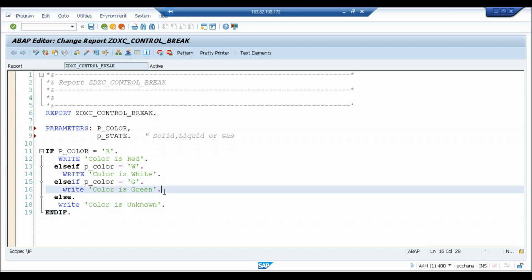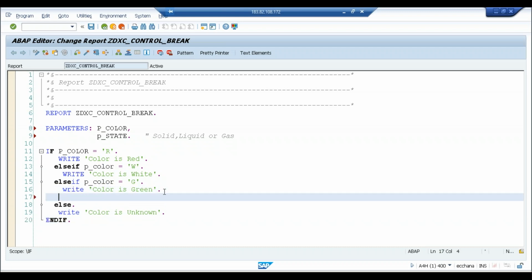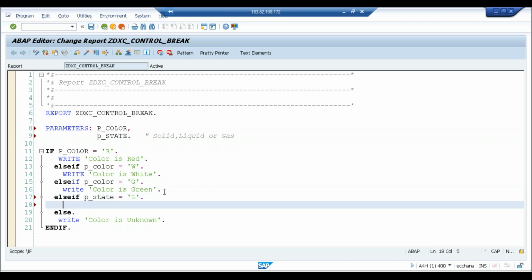So we can write something like an else if part: else if p_state is equals to L, write